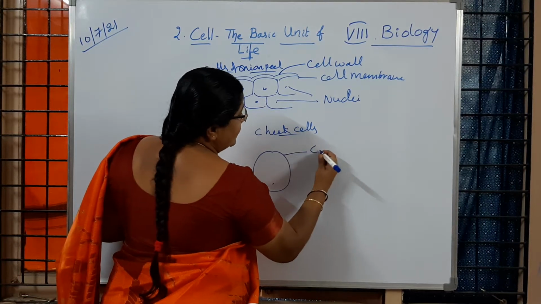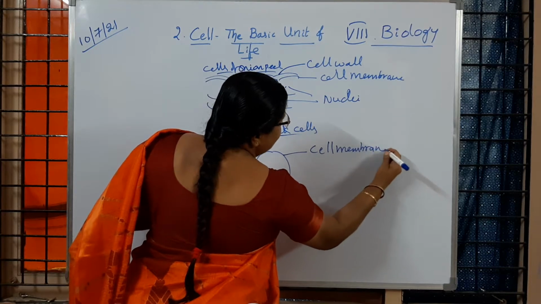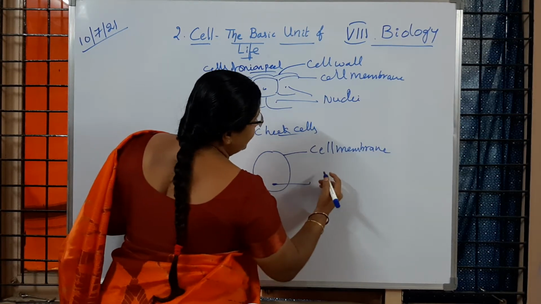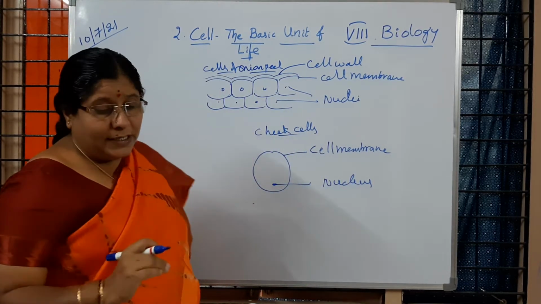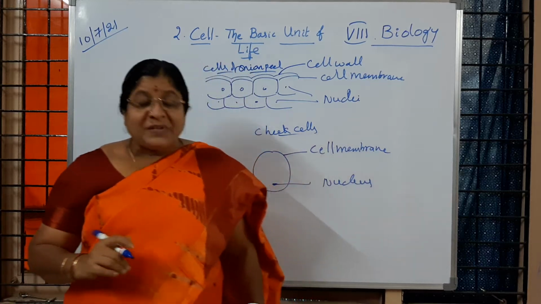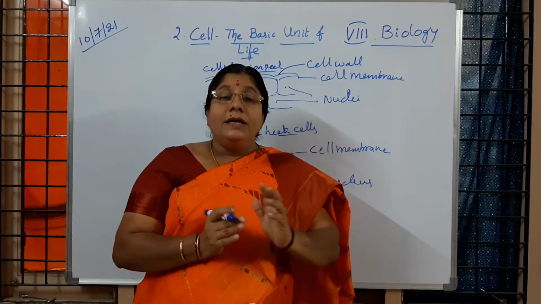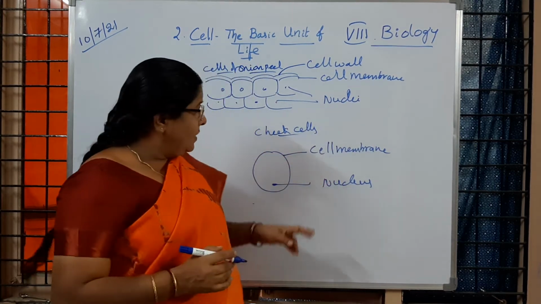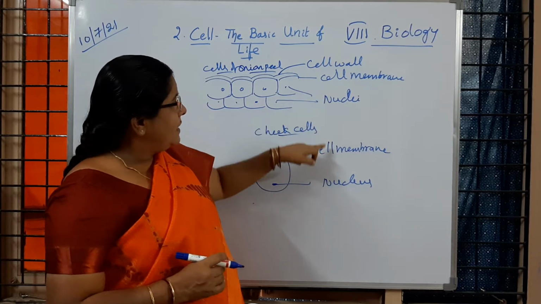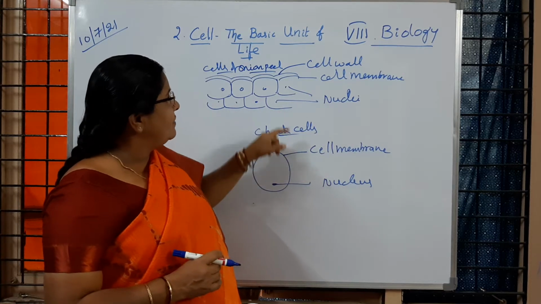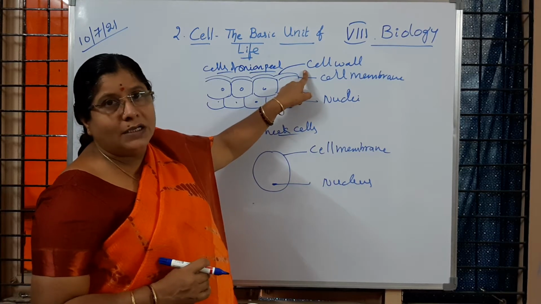This outermost covering you are writing here as the cell membrane, and the dot portion which we are observing is the nucleus. You learned that with that activity. Is it clear to children? Here I mentioned one is the nucleus, here the cell membrane, the outermost covering, and here the extra covering in the onion peel is the cell wall. Is it clear to children?